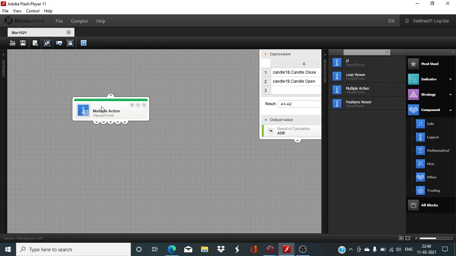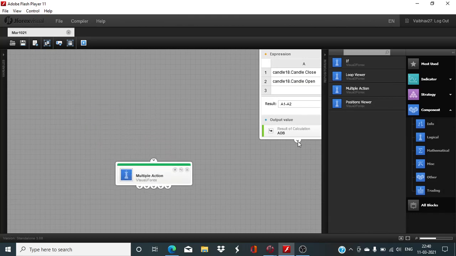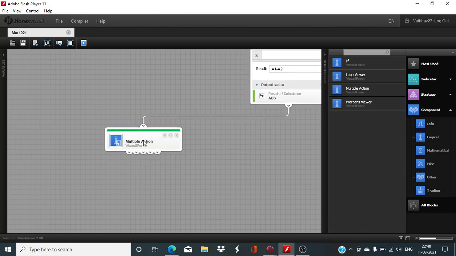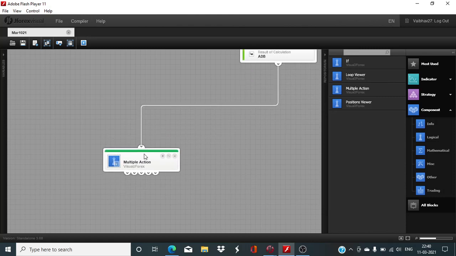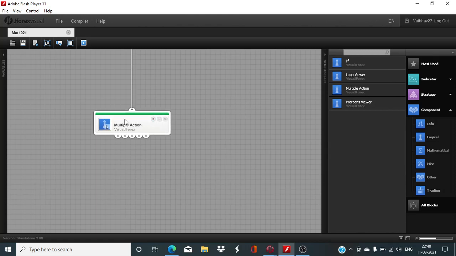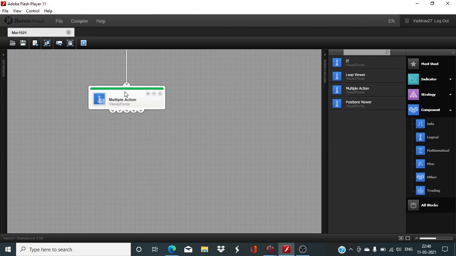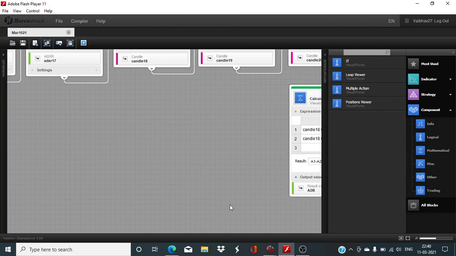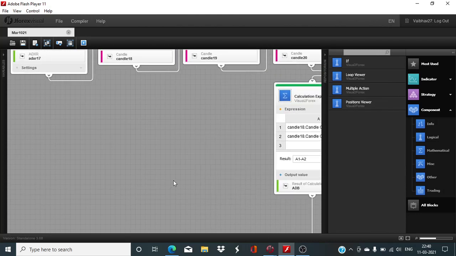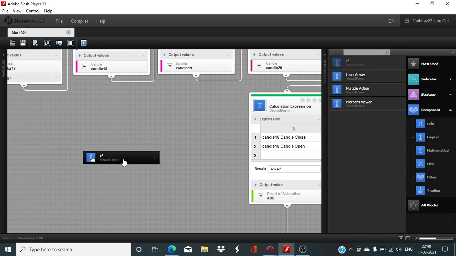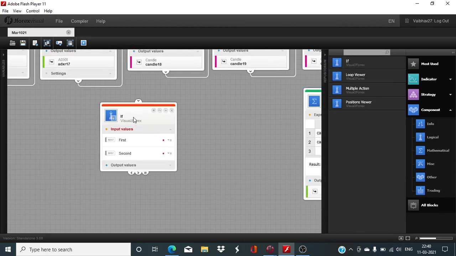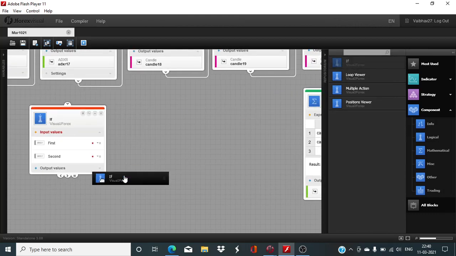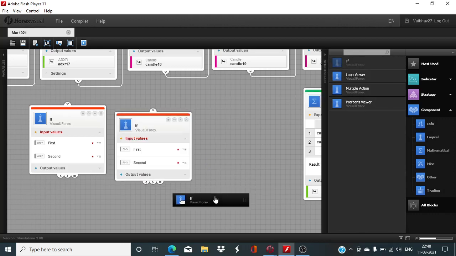For the time being I am joining the trade flow here, but later on once we want to define some other variables which we are going to need in due course of time, we will disconnect it, add the blocks, and then we will join it again. So now let's get started with these if else statements. We are going to need a couple of these blocks,